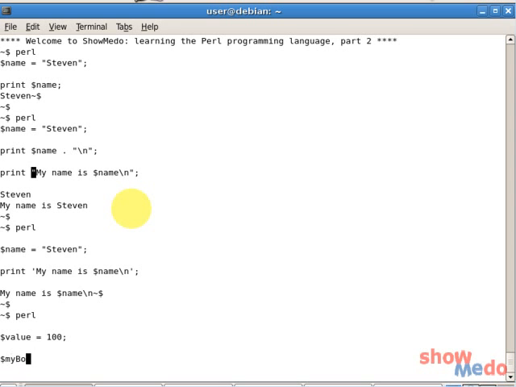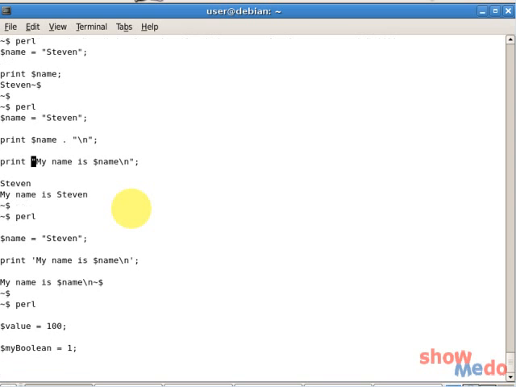I can also create a variable $myBoolean, and I assign it to 1. You can assign anything, like I said, and this variable is interesting, myBoolean. The name isn't very interesting, but the value is, because in